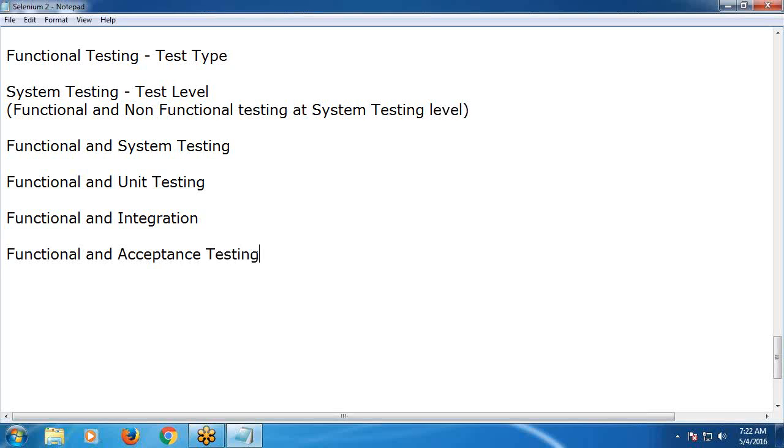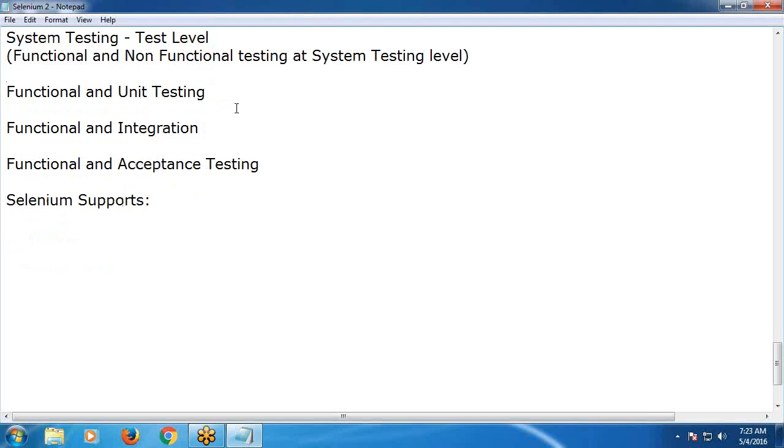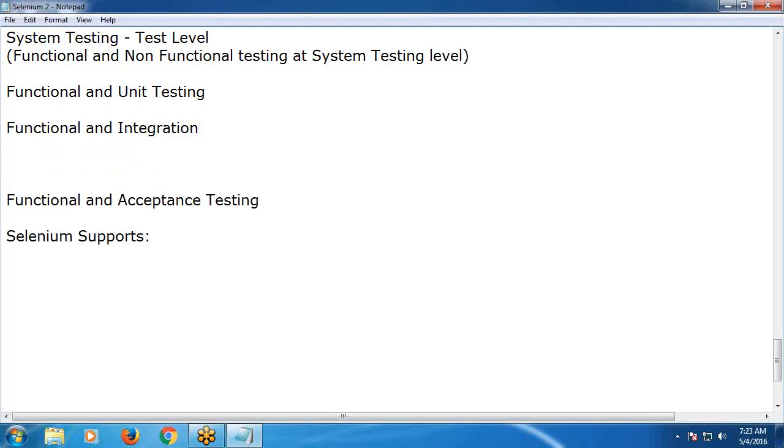User acceptance testing is a subset of acceptance testing. Here are 4 combinations. Our Selenium supports functional and system testing. Actually, this is the sequence. First, functional and unit testing, integration testing. Next, system testing. Our Selenium supports functional and system testing and